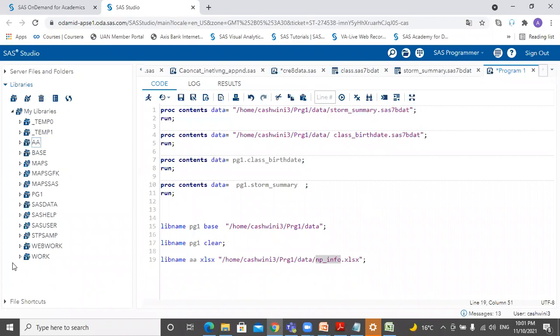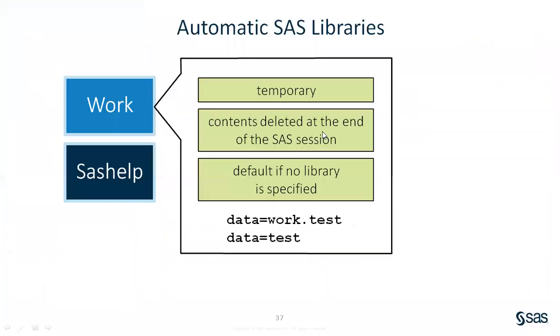All fine? Whereas whatever you save in a permanent library will be there throughout, even if you log out or log into your session. The temporary library's contents get deleted at the end of your session.